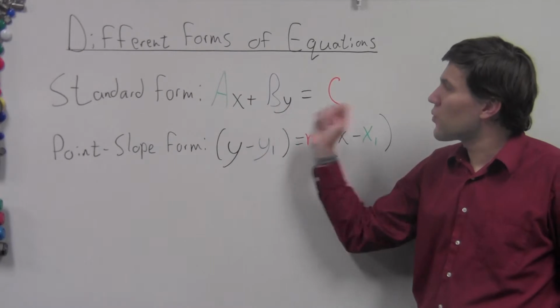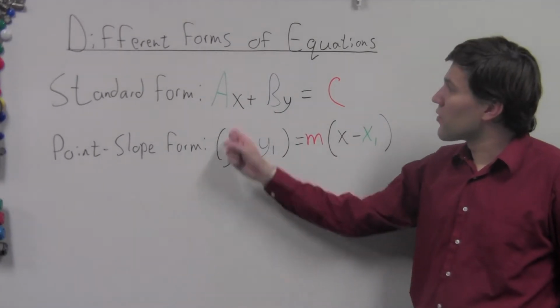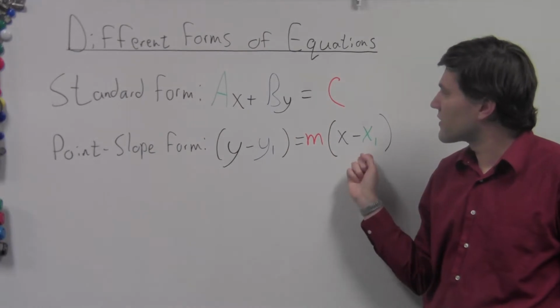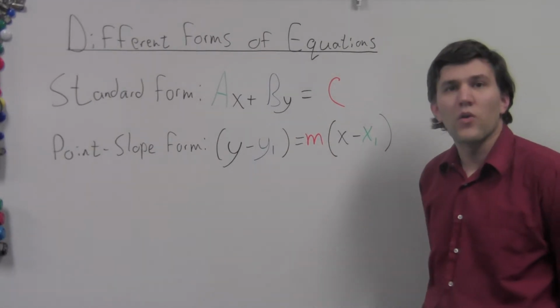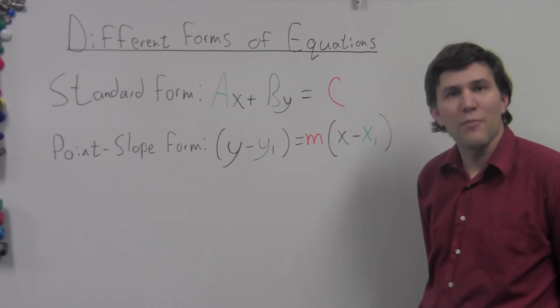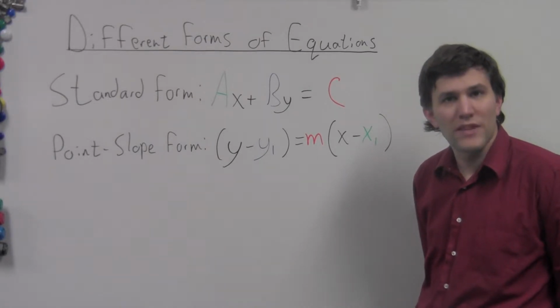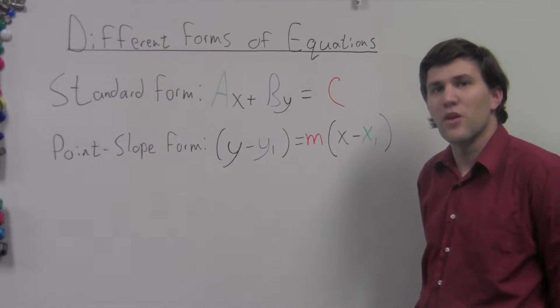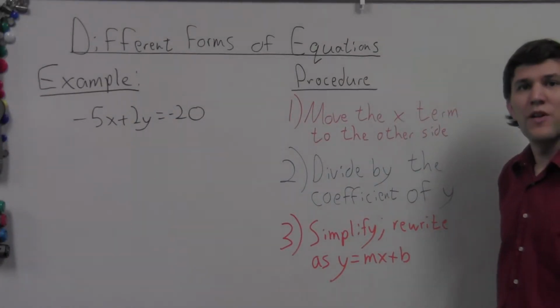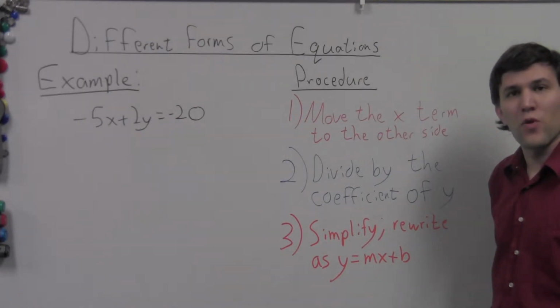Now, in these equations, all of these variables, these letters that are in colors right now, are going to be numbers when you see them in equations. So let's take a look at a couple of examples of how we work with these and how we change them into slope-intercept form. We're going to start off by looking at how to get standard form equations rewritten in